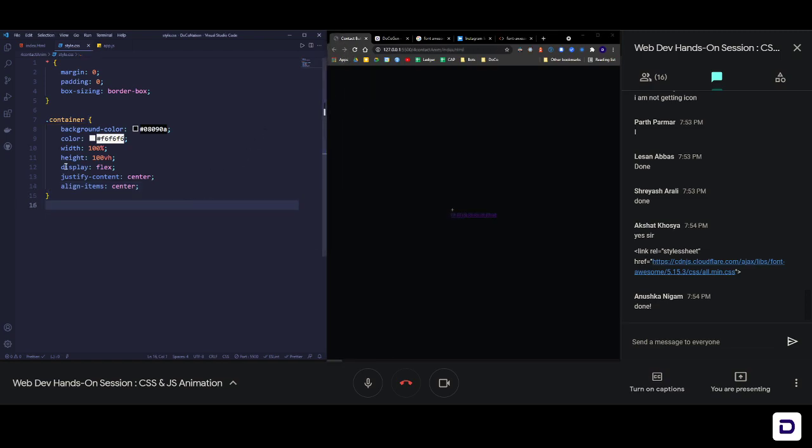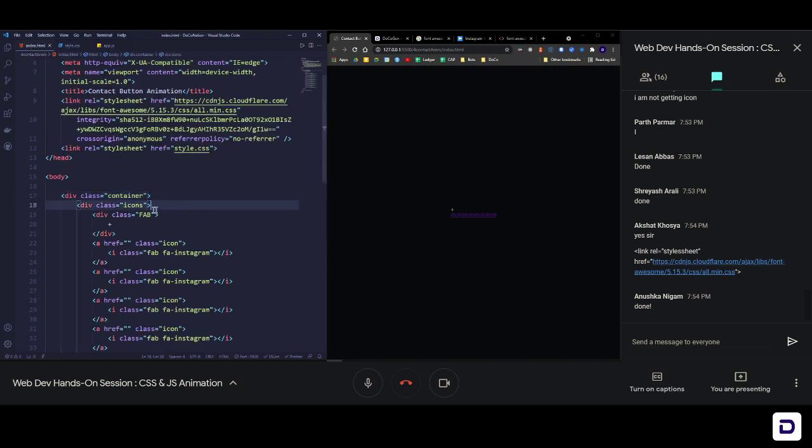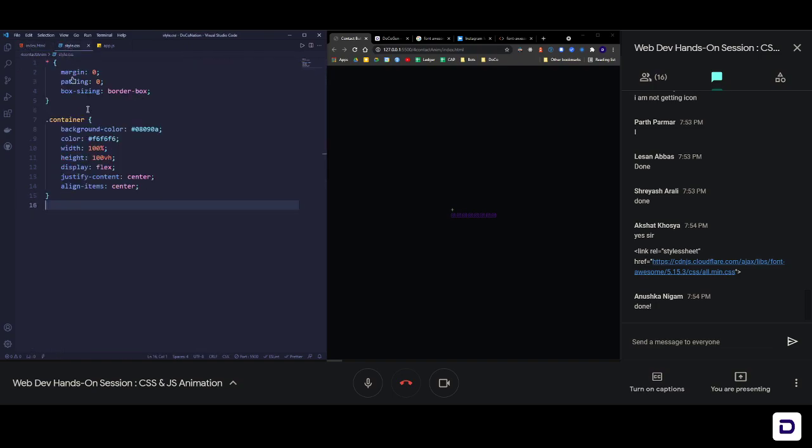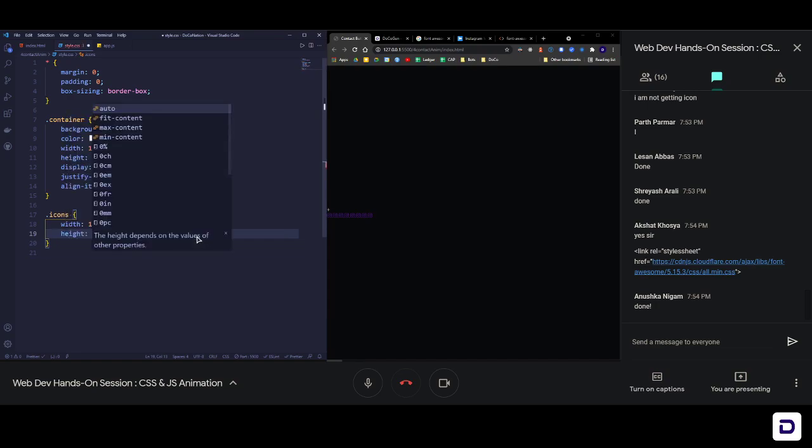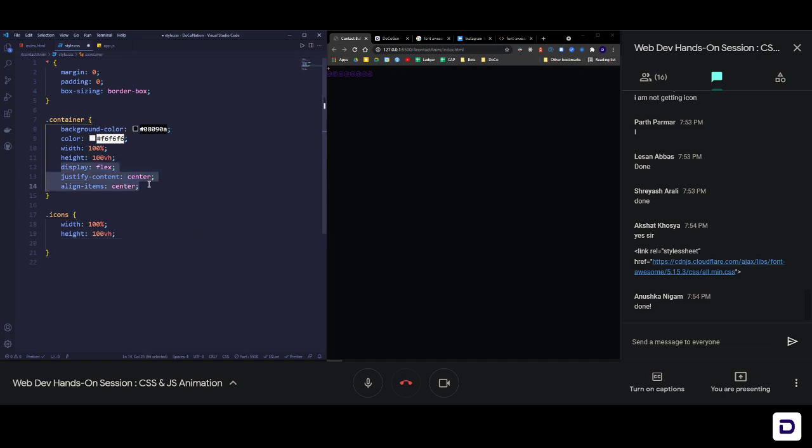For the background, what is the class that we have used? The class we have used is icons. So let's style it. Here, dot icons, the width is going to be 100%, and then the height is going to be 100vh. We'll just do this right now because we are going to change the position and everything, and you'll notice what happens with it. Once you do that, it becomes fully distorted again, and we'll have to bring everything to the center again. So let me quickly copy paste this here, and you'll find everything in the center once again.